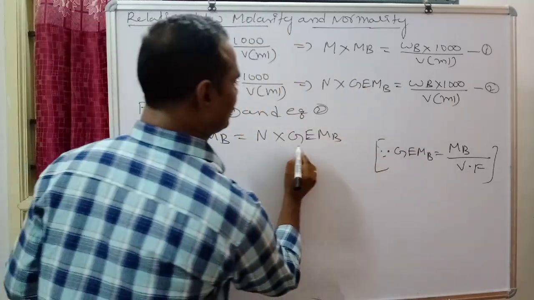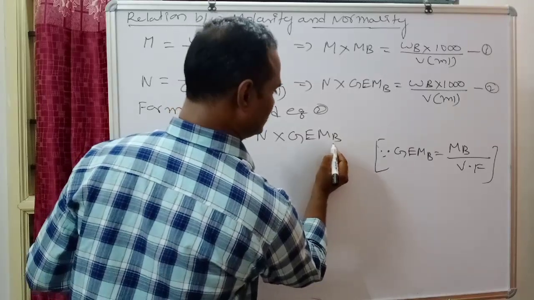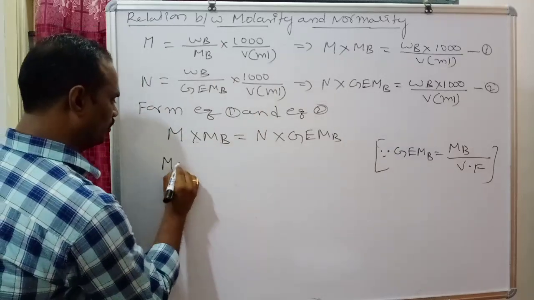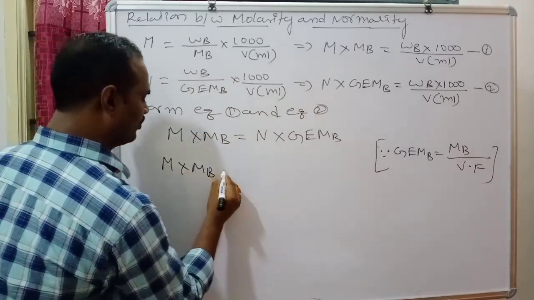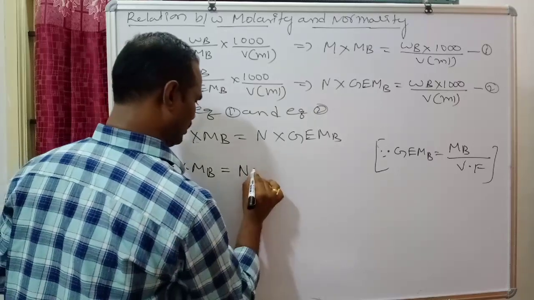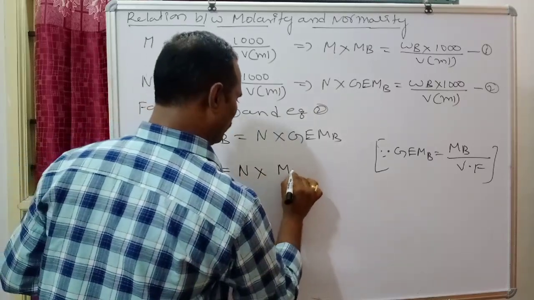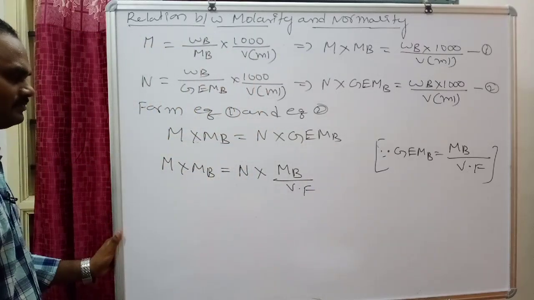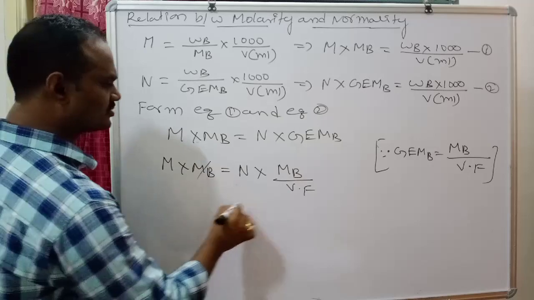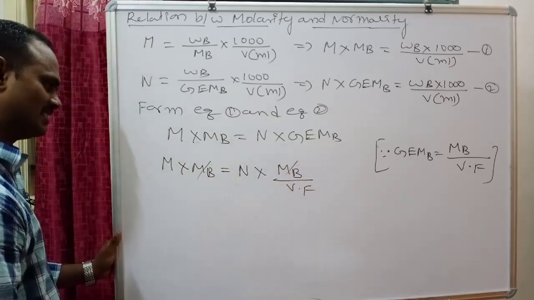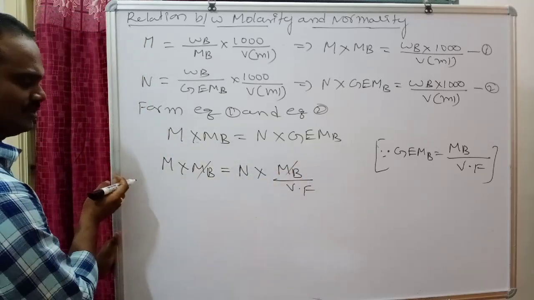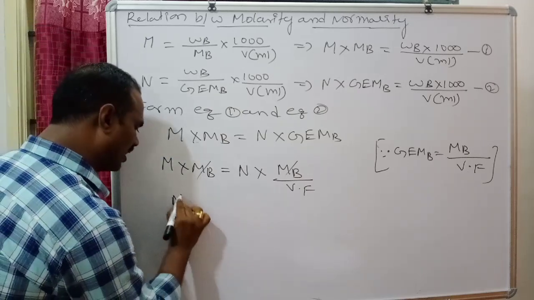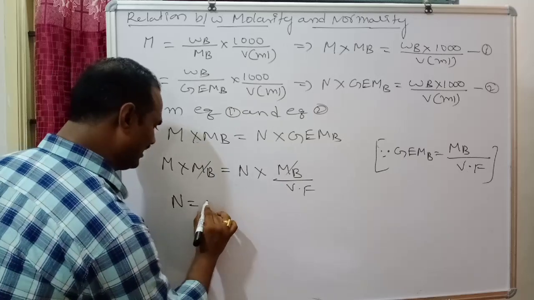Now in the place of gram equivalent mass of solute, we substitute molar mass by valency factor. Therefore molarity into molar mass of solute equals normality into molar mass of solute by valency factor. Is it clear? Molar mass of solute cancels. Now the valency factor is taken to this side. Molarity into valency factor equals normality. Normality equals